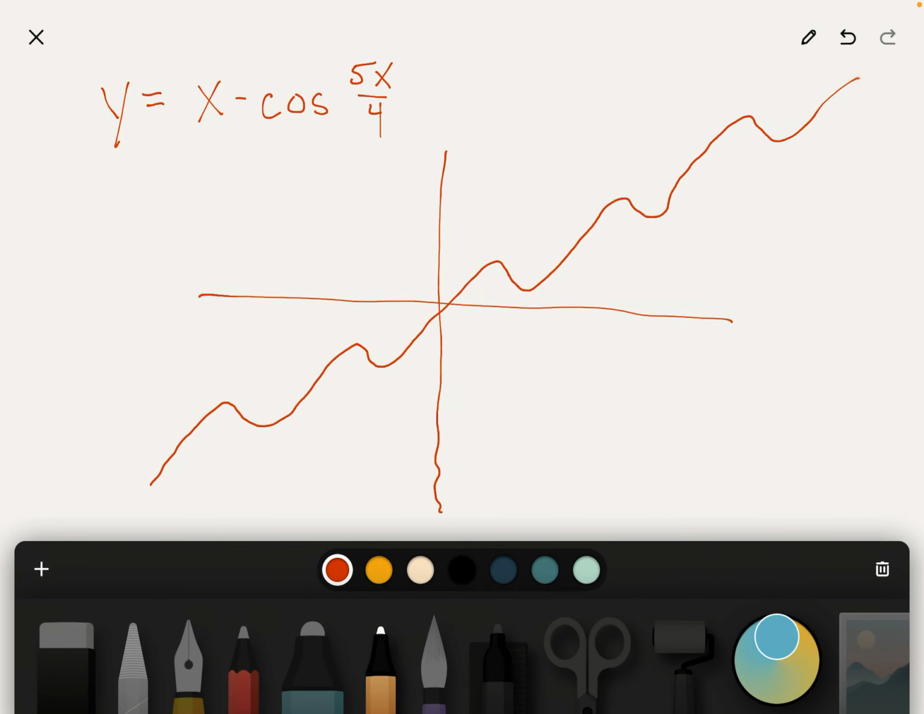So here's the function given in the problem. And the question is, what's the largest possible value for the slope? So just, you may not be able to use a graphing calculator on a test problem like this, but it's important to